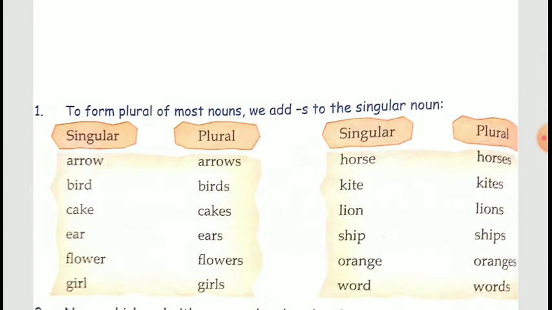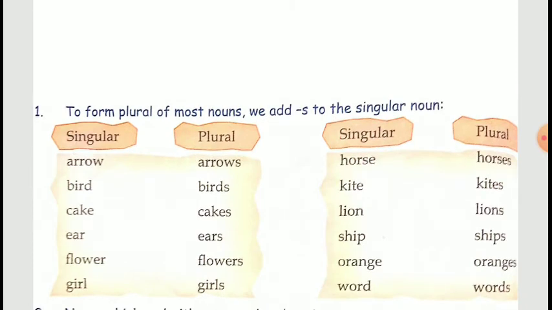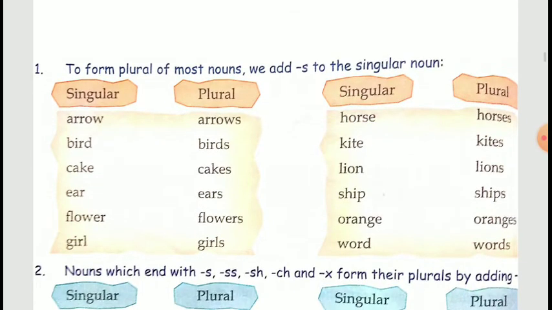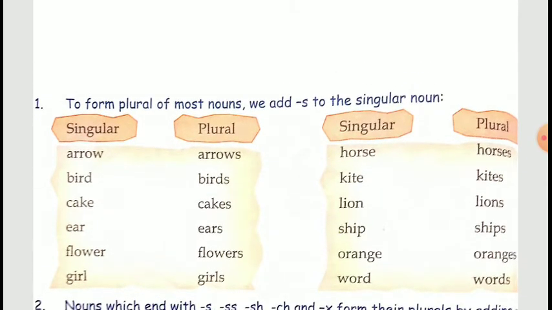Now there are some rules which you have to keep in mind to form plurals. Now the first rule says to form plural of most of the nouns, we add s to the singular noun. Let's look at the example. Arrow, if you want to make it plural, you just have to add s. Arrow, arrows, bird, birds, cake, cakes, ear, ears, flower, flowers, girl, girls, horse, horses, kite, kites, lion, lions, ship, ships, orange, oranges, word, words. All these examples show that you just have to add an s at its last to